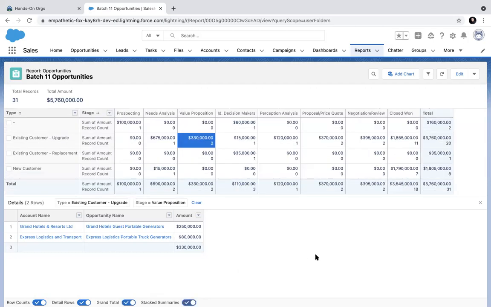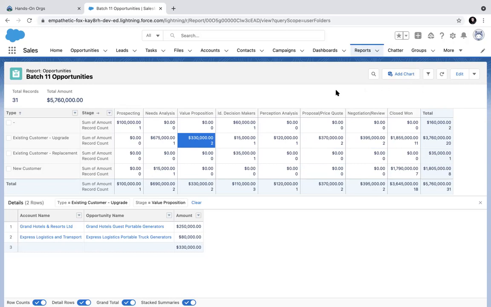Clear? This kind of report, which is grouped by rows and by columns also, is called a matrix report. Clear, guys? Very easy. Because a matrix has rows and columns. That's correct. So if you're only doing grouping of rows, then you are doing what's called a summary report. But if you are doing grouping of rows as well as grouping of columns, in that case, it will become a matrix report.